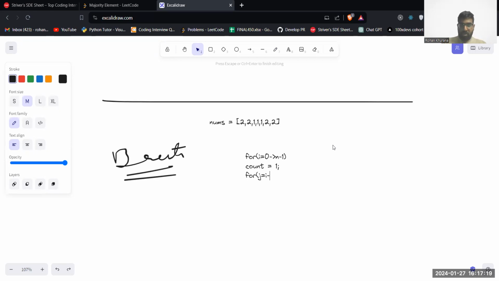But yeah, so the j loop will start with i plus 1, and this should go till n, right? And then if my array of i is equal to array of j, then count plus plus. As soon as your j loop ends, what you can do is,